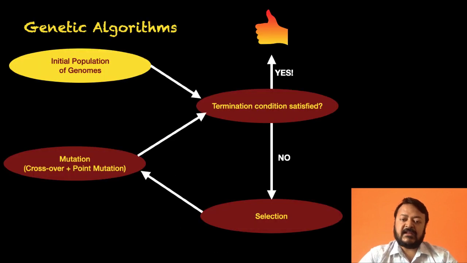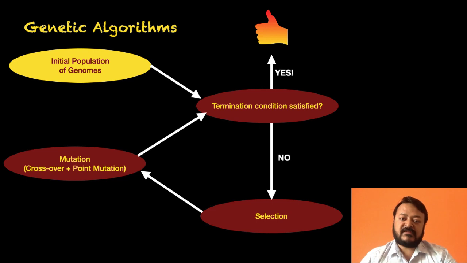So now this genetic algorithm is essentially an iterative process, as you can see on your screen. Initially we start with a certain population of genomes. You can choose the size according to your computational resources and many other factors which vary depending on the actual problem which you are trying to solve.